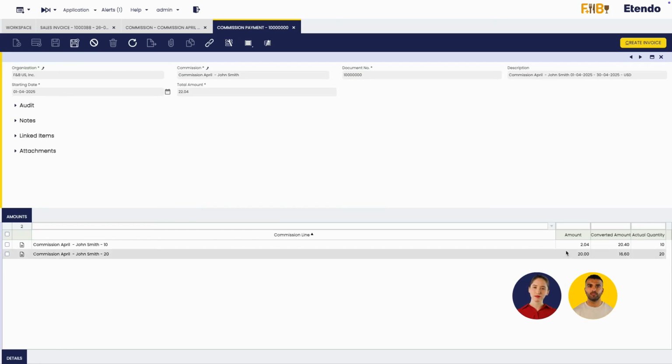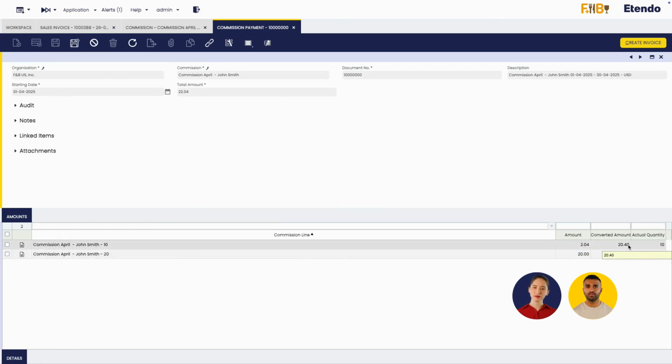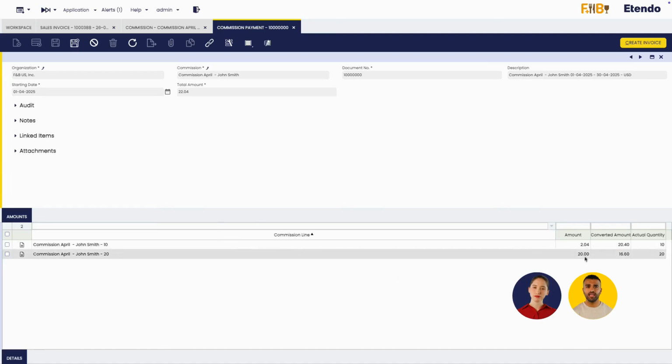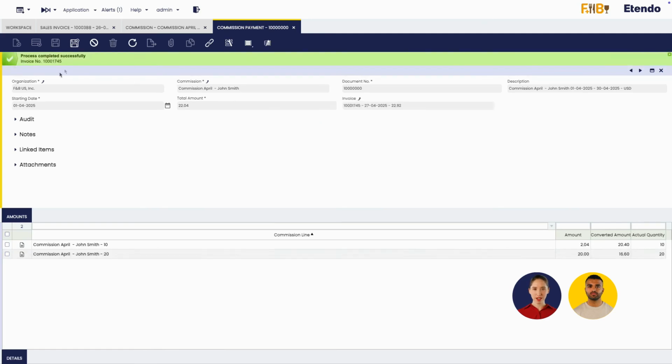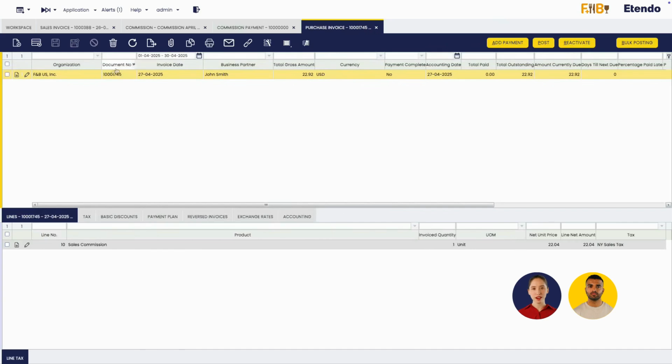That's great. Here we can see a commission calculated on 10% of the sales of alcoholic beverages, and another one for the amount calculated for the 20 units of cherry cola sold. And finally, you can generate a purchase invoice for the sales representative with the conditions specified in the original commission setup. If you visit the purchase invoice window, you will see the generated invoice to the sales representative with the corresponding concept and calculated commission. You can make the payment and register it in your financial account.